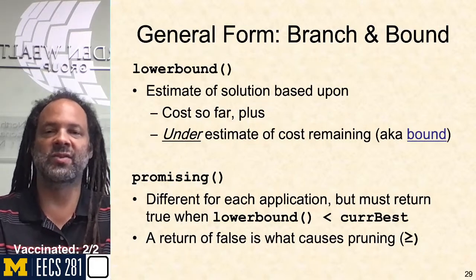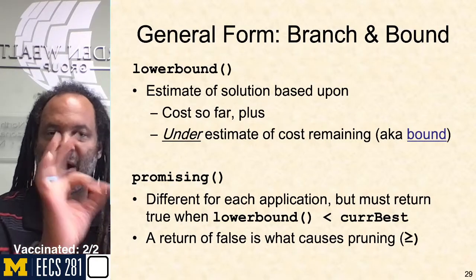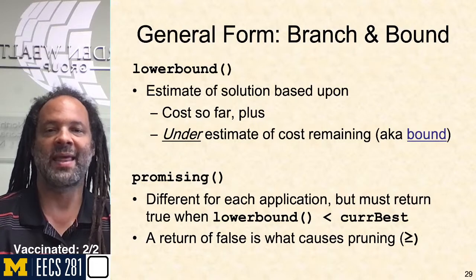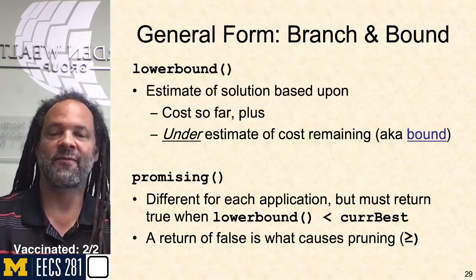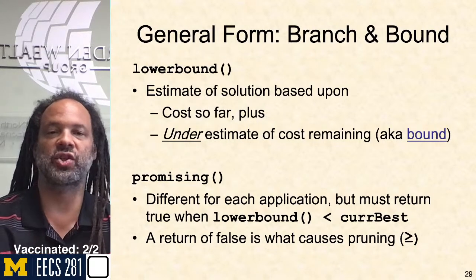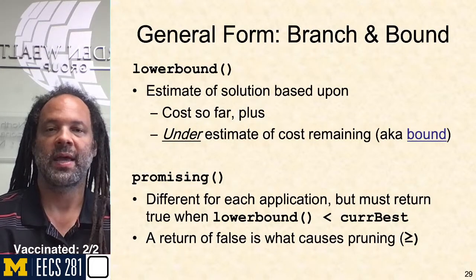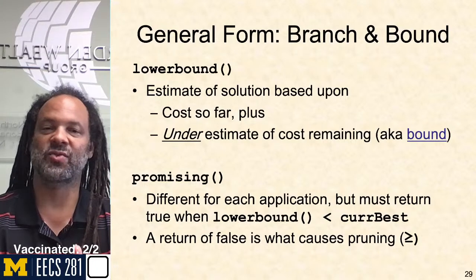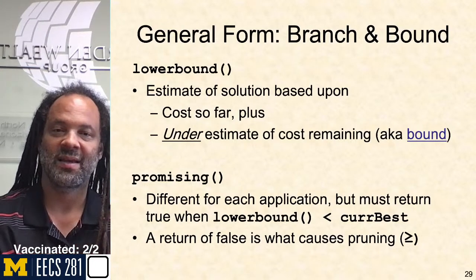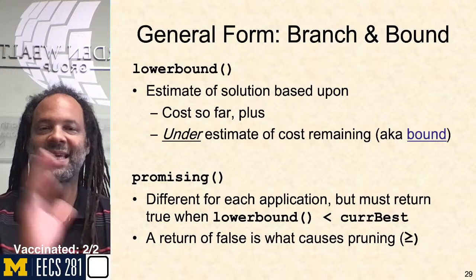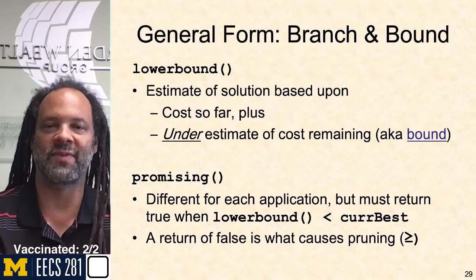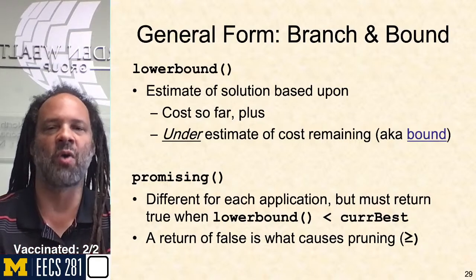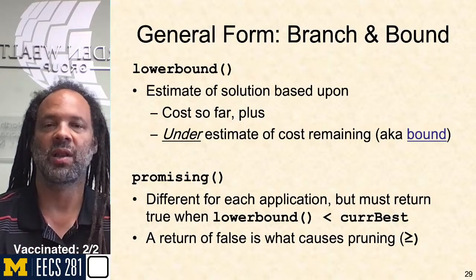Now, if my estimate is right, perfect, and it is 60 miles, then 10 plus 60 is 70, and I still don't want to go that way. If my estimate is wrong but short, so the estimate says it's 60 but it's really 90, then 10 plus 90 is even worse than 10 plus 60, and I still don't want to go that way because it's not better than 50. Now, if my estimate is wrong, however, and it's wrong long,